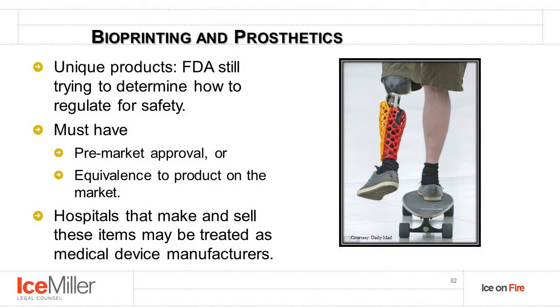The other part of the FDA, the drug part of FDA, regulates medical products. And this is, again, another really exciting area of 3D printing. You're seeing a prosthetic leg here. We've seen the cast in the previous slides. And one of the more interesting areas that 3D printing is getting into is what's known as bioprinting, where you're actually using biological matter and cells to grow things like ears, I think is one of the things that I saw. Again, not an area that you're likely to just stumble into,